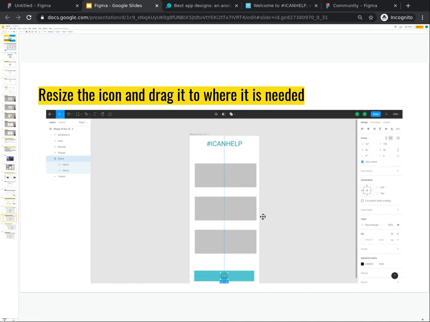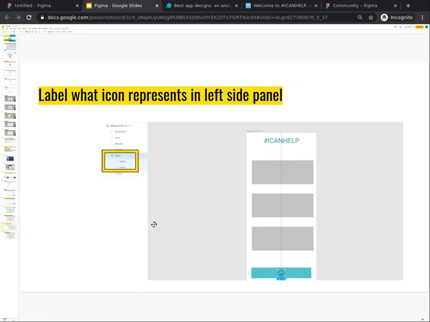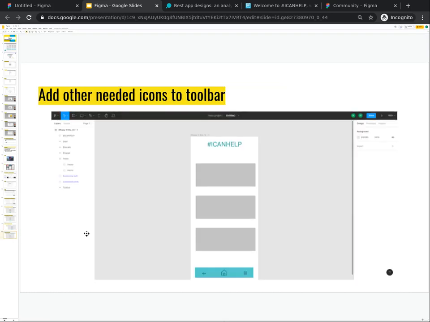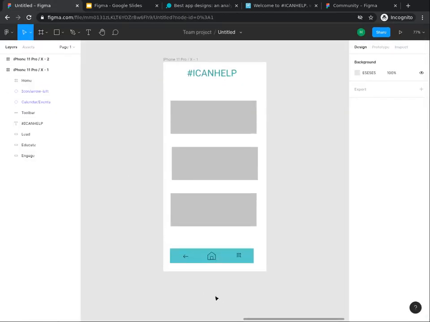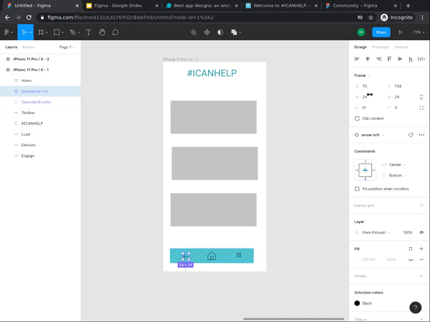As you add an icon, remember to go back to the Layers panel and label what the icon represents. You will notice that the SVG file has all of the parts of the icon listed under it in the Layers panel. If you copied it as a PNG, this would not be here. You can add the icons that you think the app will need to include home, back, search, or even a calendar to list events. You can click on each icon after you place it to see the size and use the right side panel to ensure the sizes are similar.